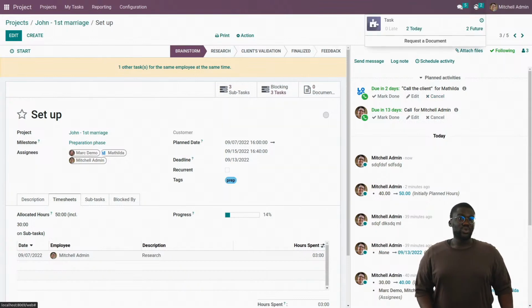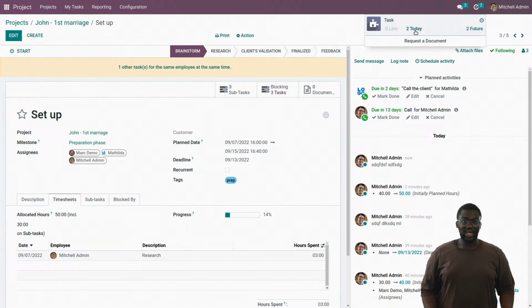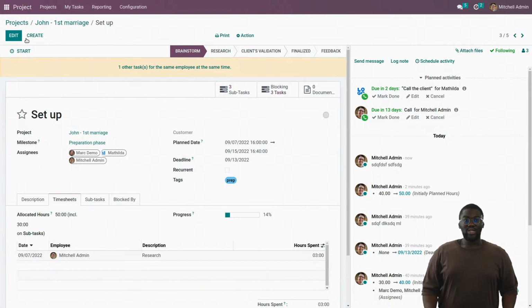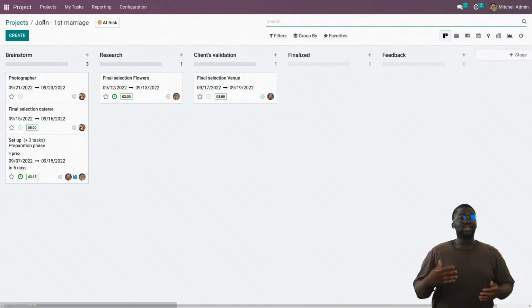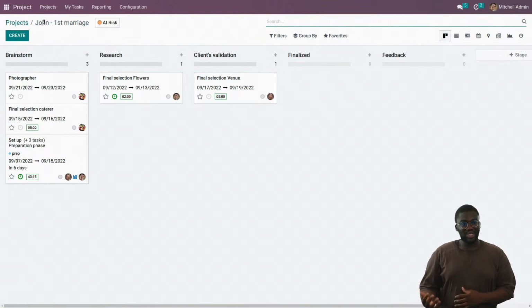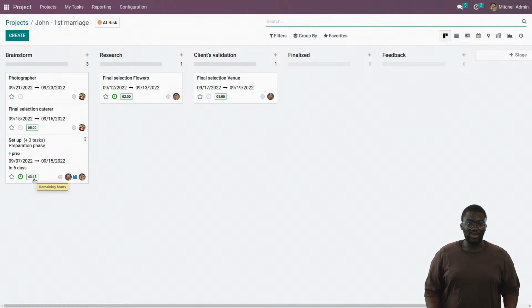When you start the day, usually you will click on this button to see all of the tasks that you have, whatever the application is. That will help you be even more organized in the future as well. The other thing you will be able to do, because I already put in all the dates and the deadlines, and as you can see, I also put in the number of hours allocated,